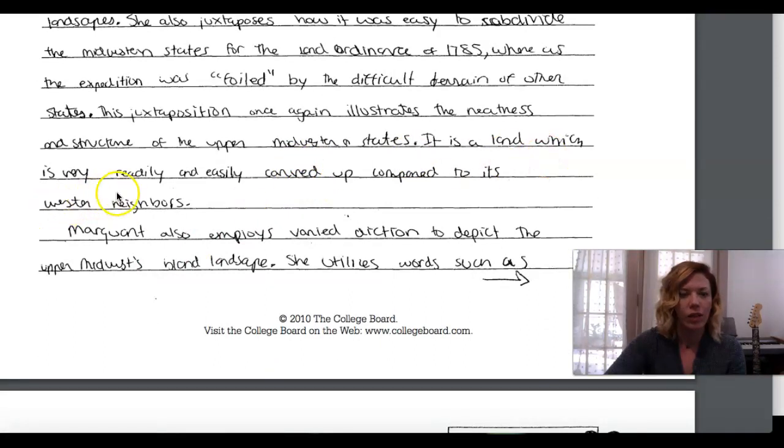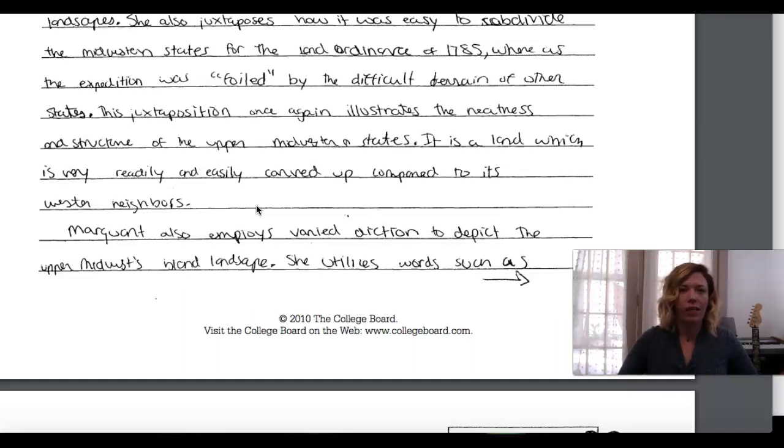It is a land which is very readily and easily carved up compared to its western neighbors. Okay, I have to say something right here. So this paragraph is in dire need of revision. I mean, the ideas are good. So I'm not saying that this is not a passing essay, but this essay would be much improved if that